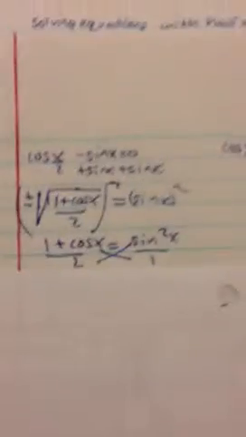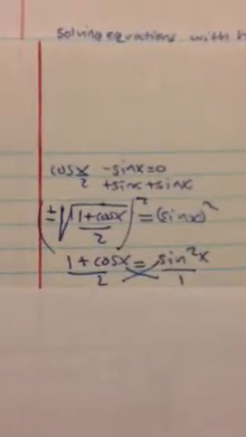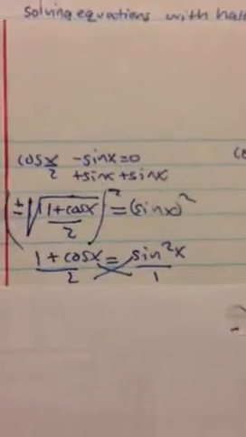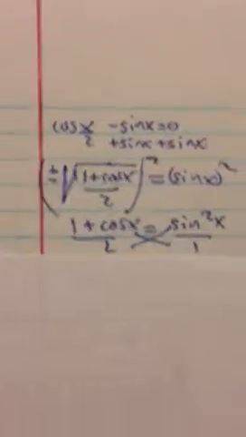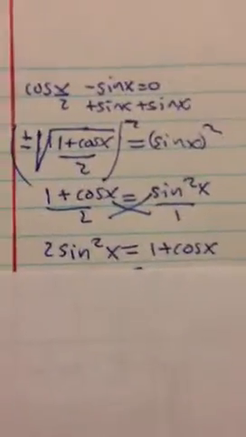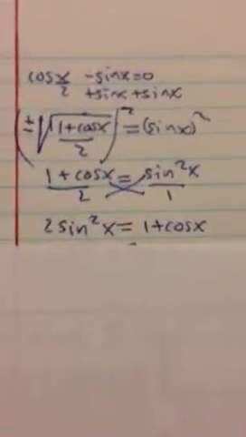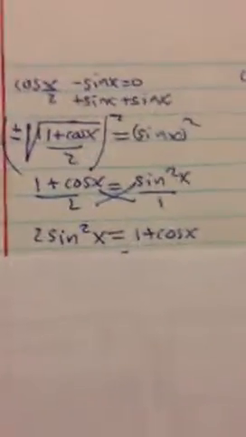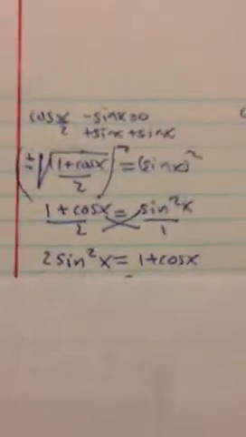Now there's two ways you can do this. You can either multiply both sides by 2 to get rid of the 2 on the left side, or you can just simply cross multiply it, and that's what I did in this case. So we have 2 sine squared x equals 1 plus cosine of x, and looking back to Unit Q,